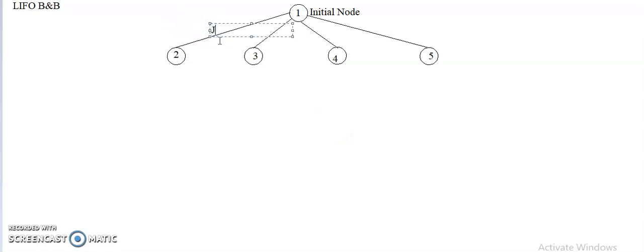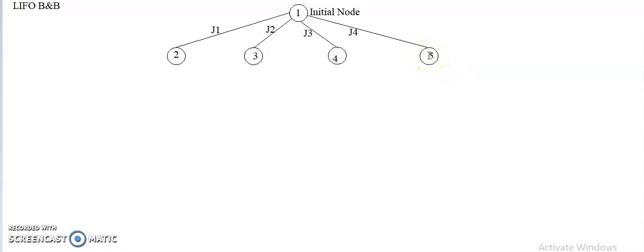The jobs scheduled here are J1, J2 by ignoring J1, next job 3 by ignoring job 1 and job 2, and similarly job 4 by ignoring jobs 1, 2, 3. Only one job is selected. Now on the top of the stack the node number 5 is existing. So only job 4 I am going to execute. I am not going to execute any other thing.